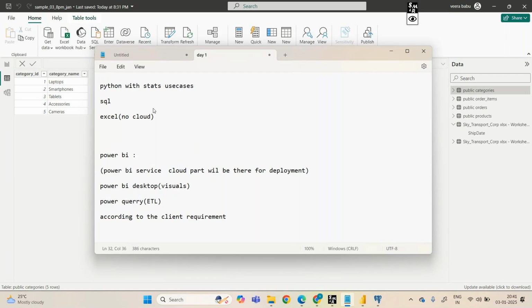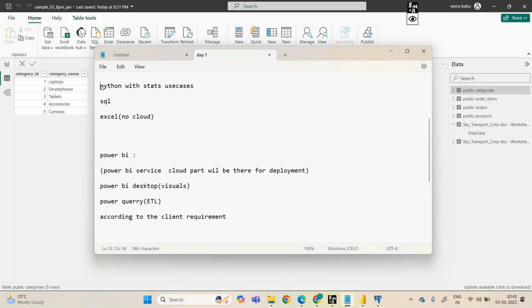If I'm only good at Excel and want only a data analyst role in Excel, it's not going to work. Tomorrow, if the client wants to go with Power BI, they want their employees to be in a position to work with Power BI also. This is why Python, SQL, Excel and Power BI are all very important.